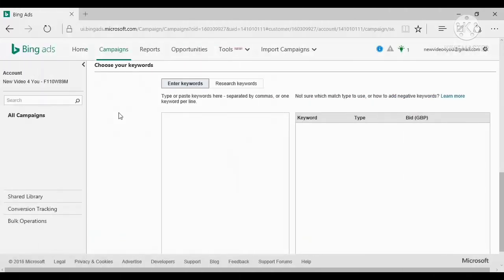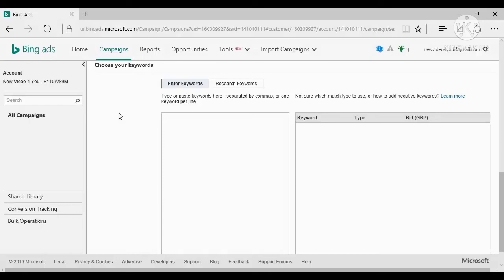Further down the page is where you'll be given the option to choose your keywords, set keyword bids, and then verify activation, meaning you set the method of payment and also you'll click that you want the ads to go live. Now, refer to the last video for more on selecting the right keywords.